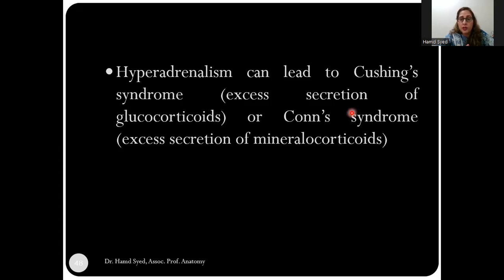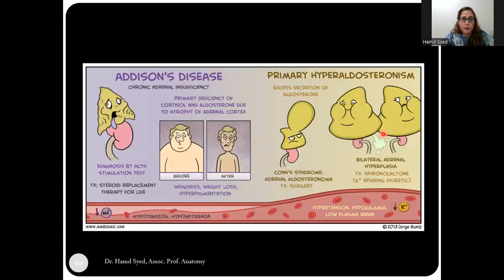Hyperadrenalism. Now, this is the excessive functioning of the adrenal gland, which can lead to either Cushing's syndrome or Conn syndrome. Cushing syndrome means an excess secretion of glucocorticoids, whereas Conn syndrome is due to excess secretion of mineralocorticoids. So first, let's look at the mineralocorticoids. Their excessive secretion, that is primary